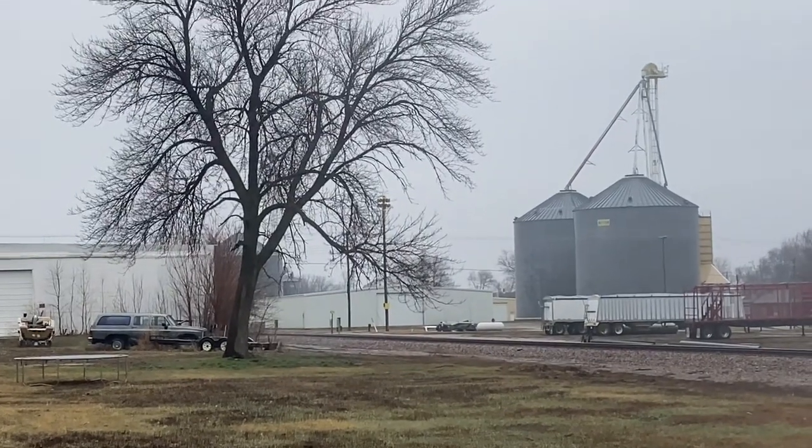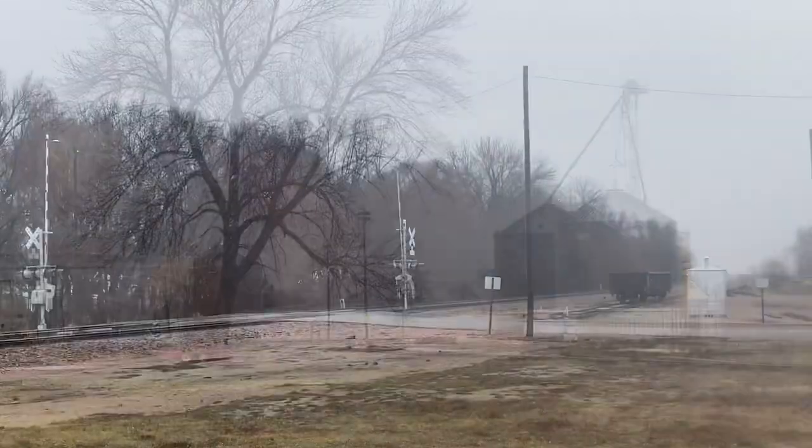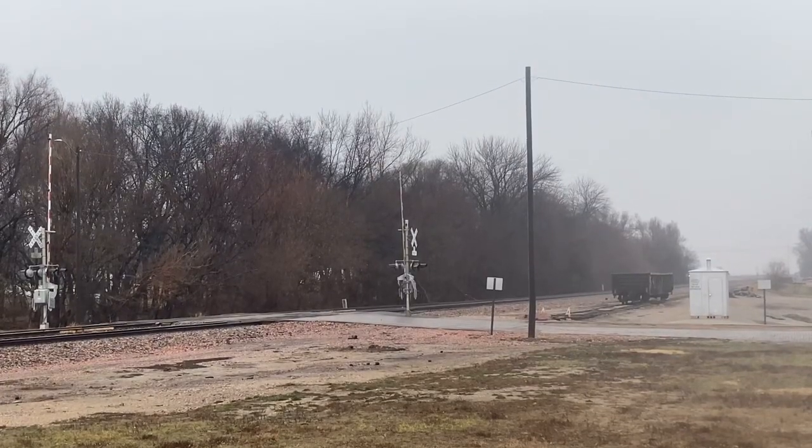Express continued on to its destination of Kansas City, silence returned to the town of Oakland, marking the end of